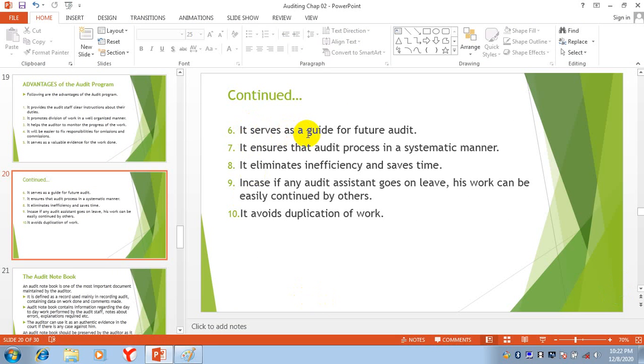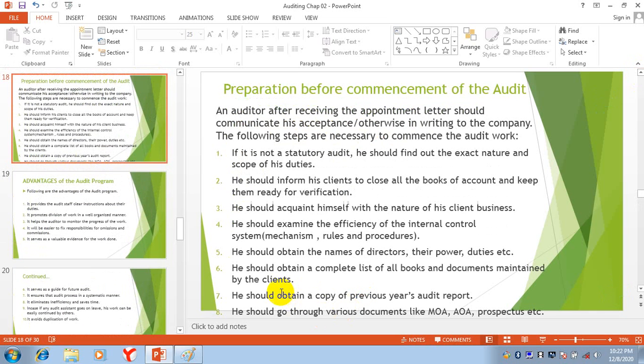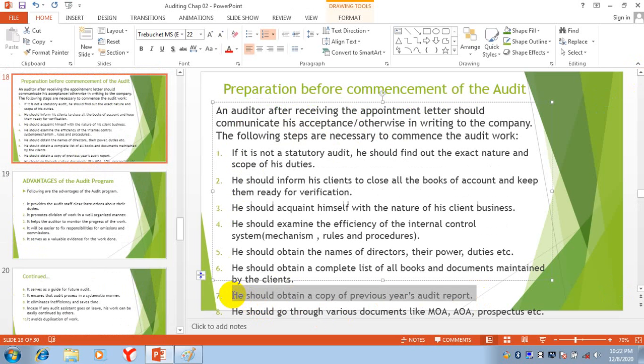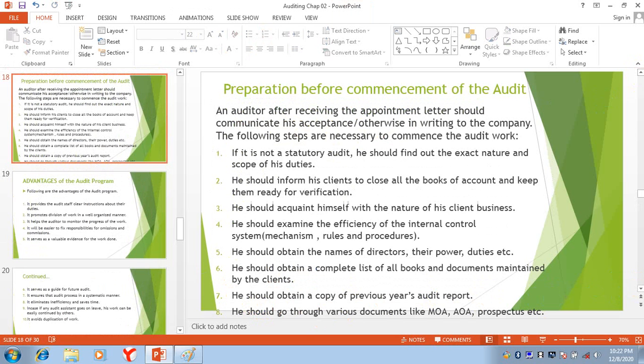It serves as a guide for future audits. Just like previously, I mentioned that he should obtain a copy of the previous year's audit. So the previous year's audit will help us in the future audit. Same is the case here.